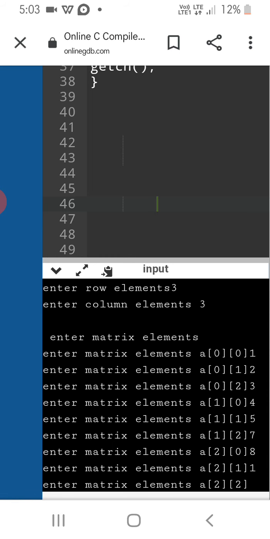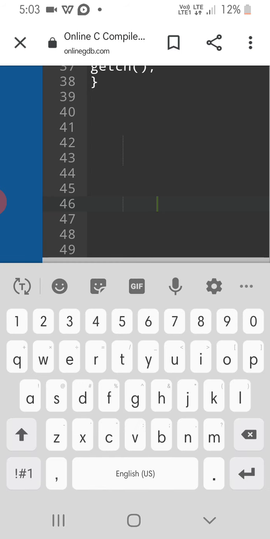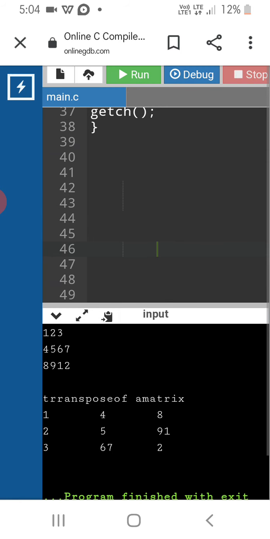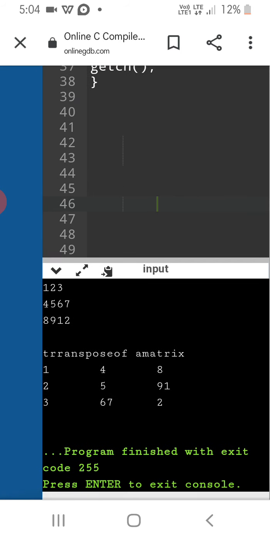Next, see the output. Transpose of a matrix: 1 4 8, 2 5 9.